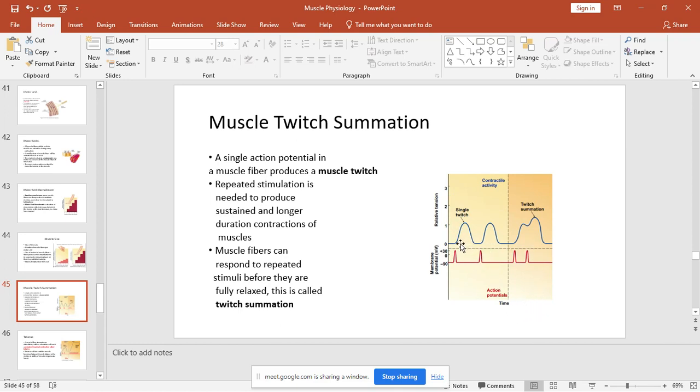The buildup of tension, or rather the change in tension in our experimental muscle that we are plotting, is related to this red plot, which is basically the action potential. You can see that on the y-axis there's voltage. So what we are saying is that when an action potential arrives at a muscle,